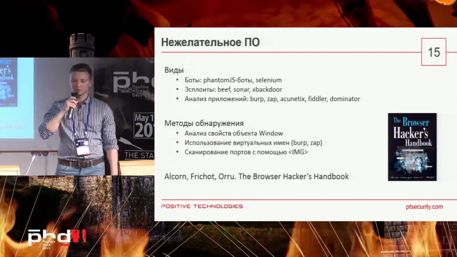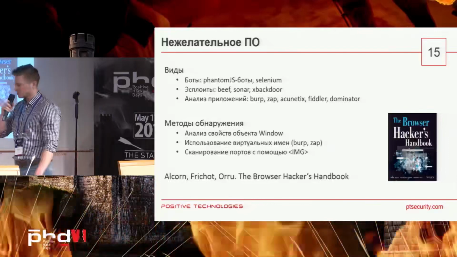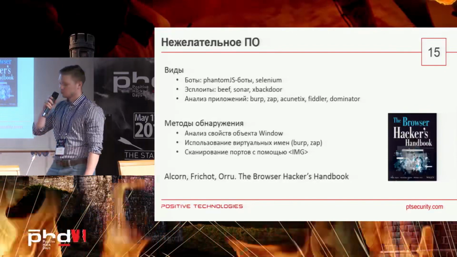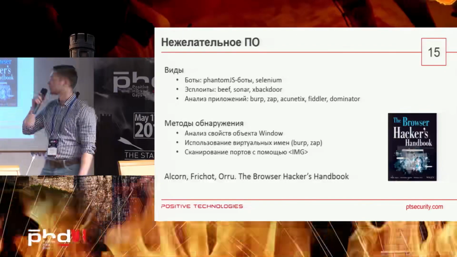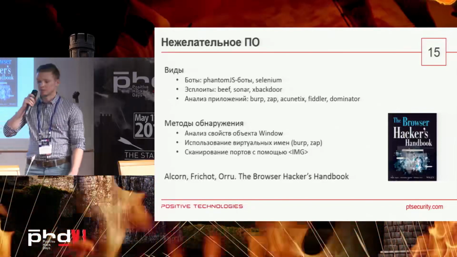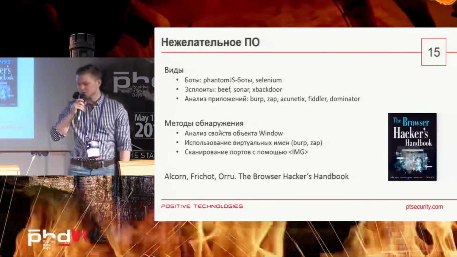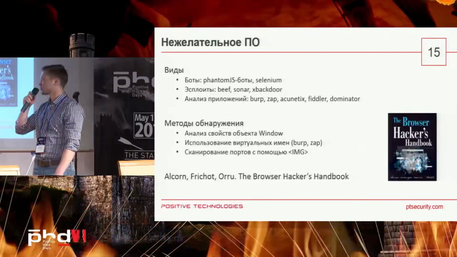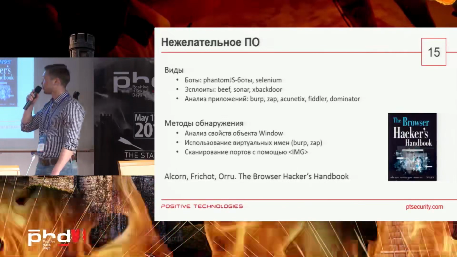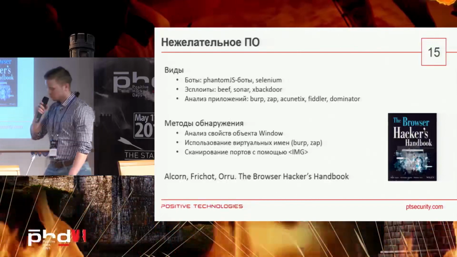We can even scan the user's environment, his open ports, for some specific names to find out, for example, that there is a certain scanner working in the environment, and we will get an alert